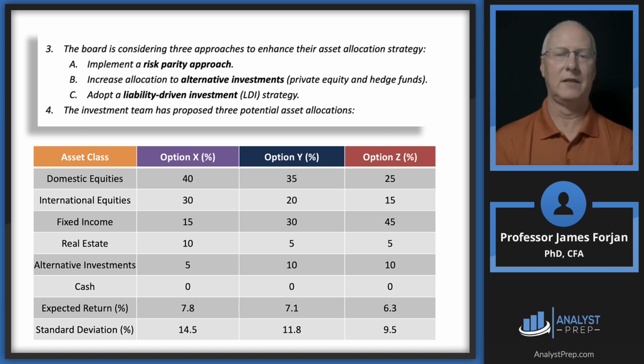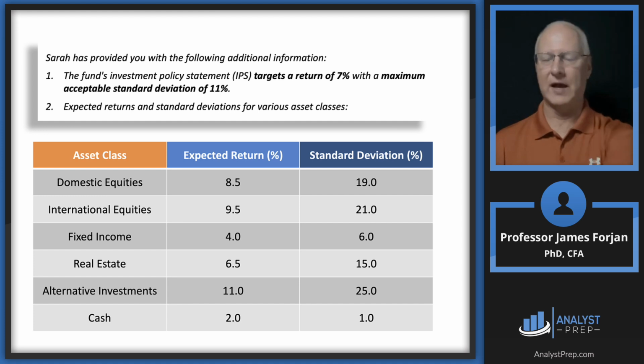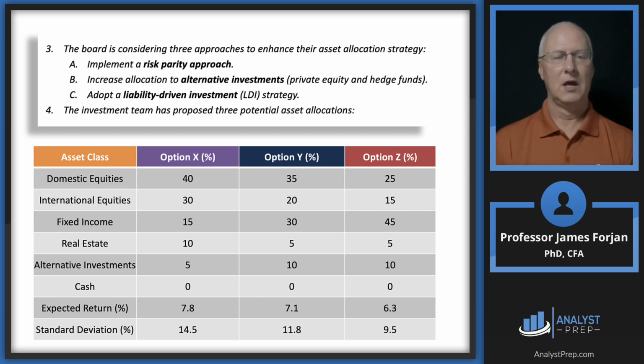Remember that the risk parity approach assigns an allocation based on parity, allocation, is that a word, to all of the risk factors or the asset classes, however you want to look at that. Increase allocation to alternative investments. Well, I think I kind of addressed that with the 25% standard deviation. Maybe a little bit, but probably not too much. And then